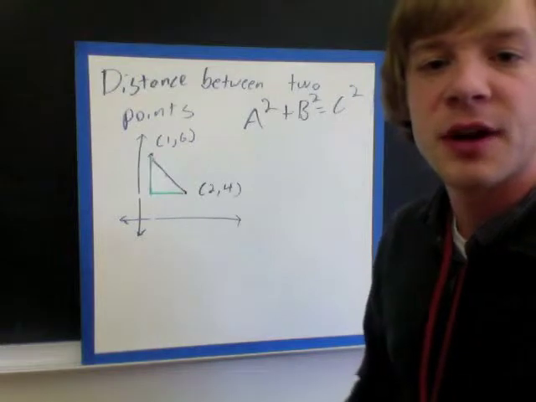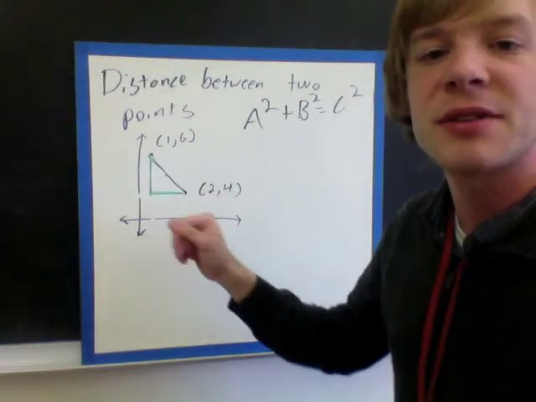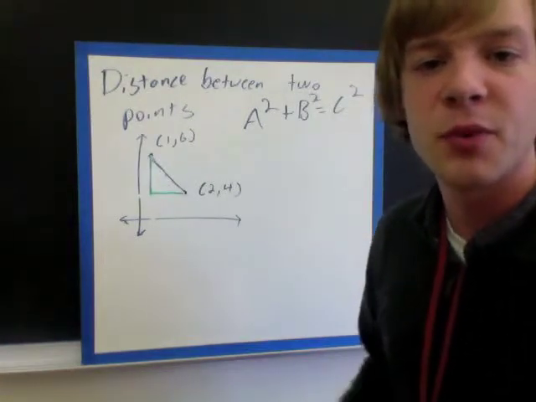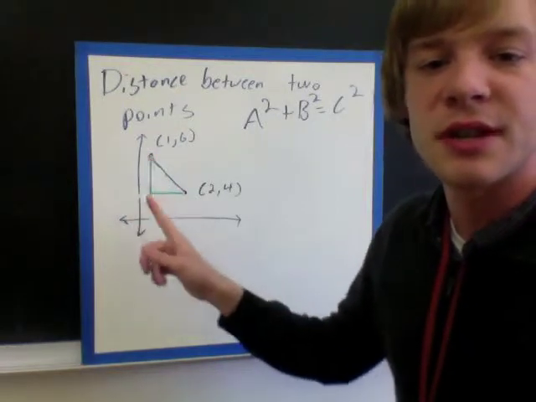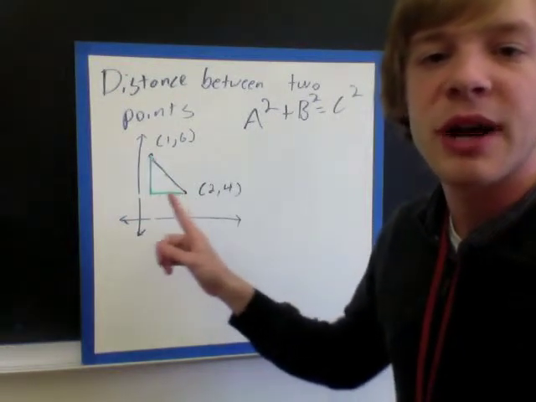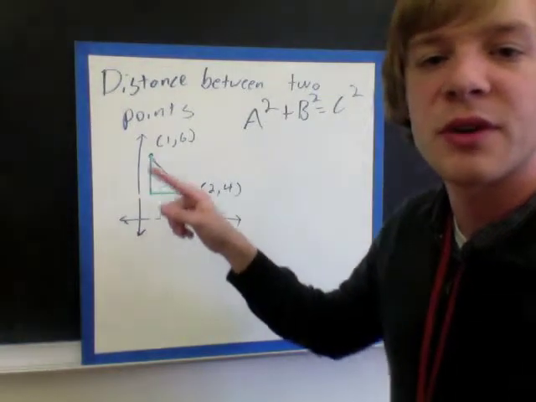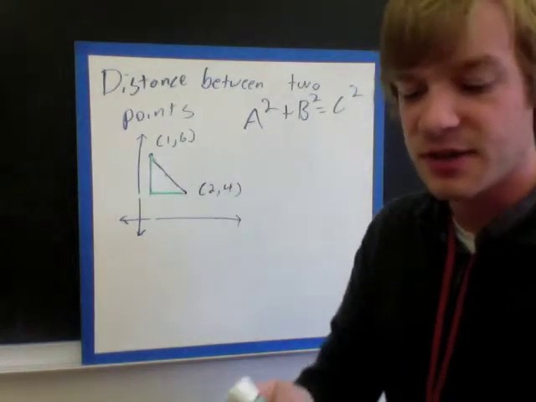And if I want to use this, I can use this here. I would just have to find the lengths of my 2 sides. And the way that we would find the lengths of our 2 sides, the 2 green sides right here, is for the bottom one, I would subtract my x values. So I'd have 2 minus 1. And for this one over here, I would subtract 4 minus 6. So what I have is